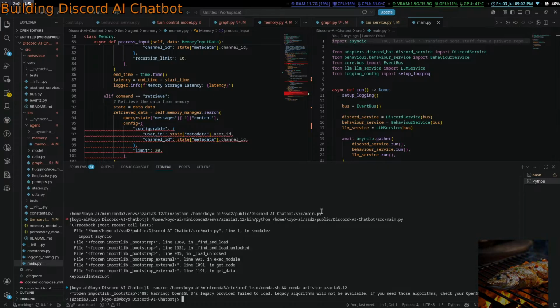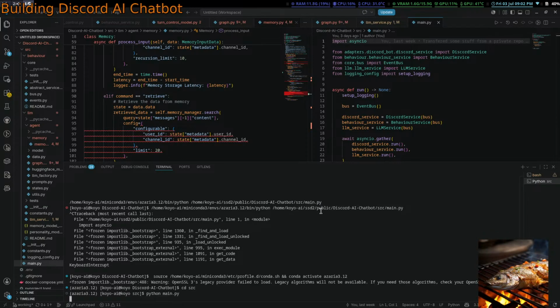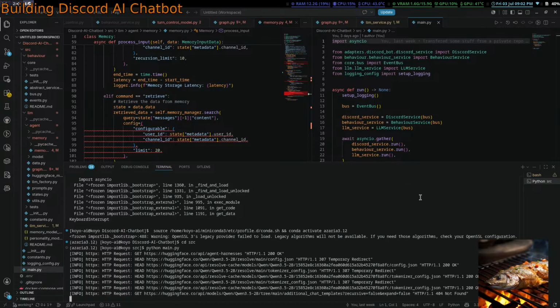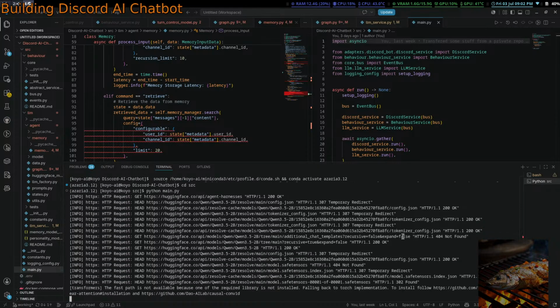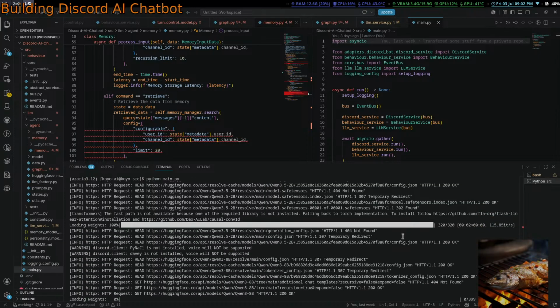Okay. cd src python main.py. Don't break on me. I don't expect this to work. But wait, where's my funny colors? Oi, my funny colors are gone.